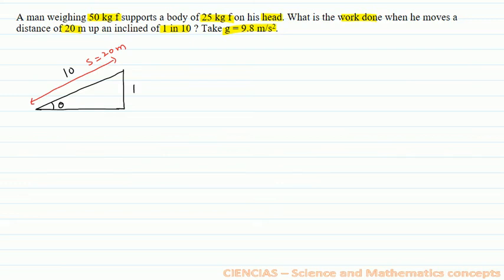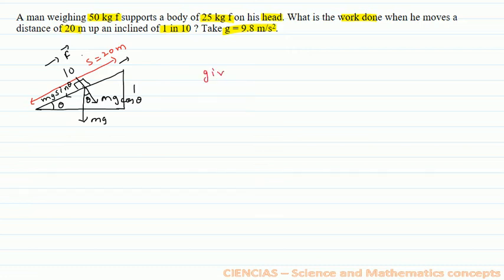If we consider a body placed on this surface, the weight of the body will be vertically downward, mg, and this is perpendicular to the surface. So this will also be the angle theta. This component will become mg cos theta, and in this direction the component will be mg sin theta. So when the displacement is to be taken in the upward direction, force has also to be applied in the upward direction.